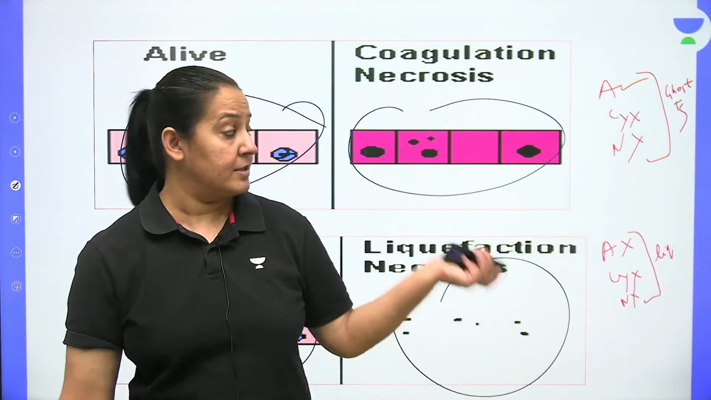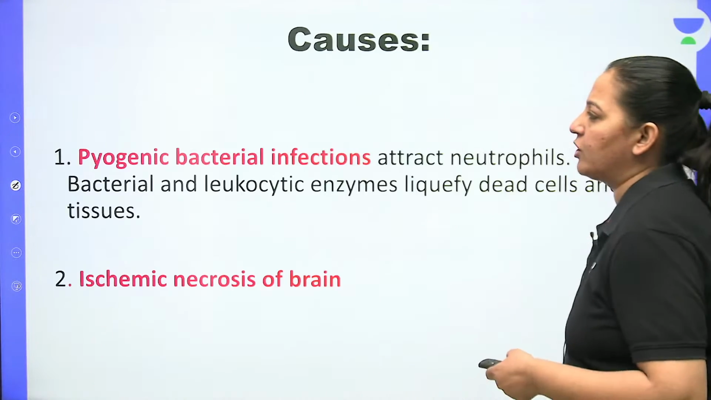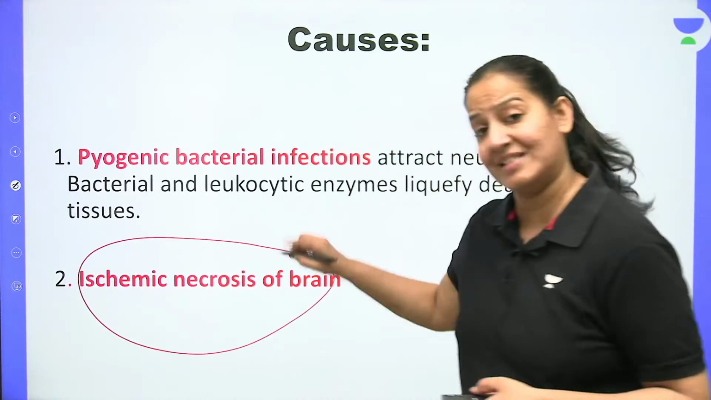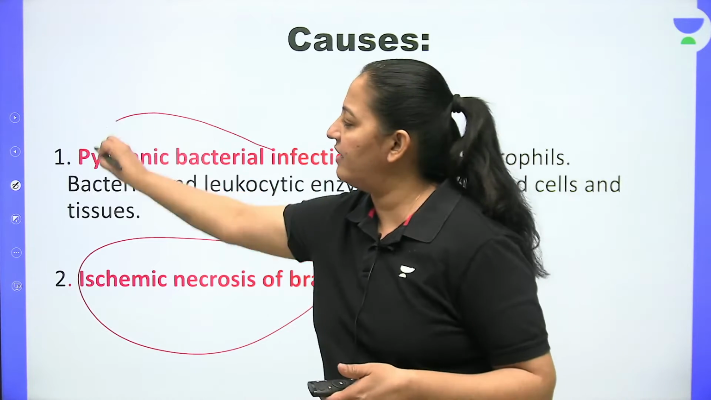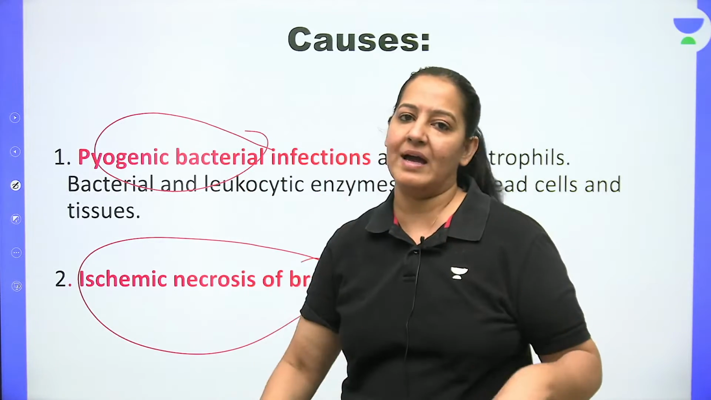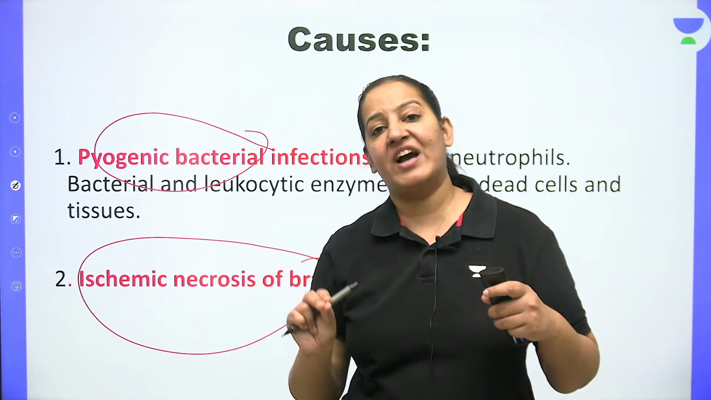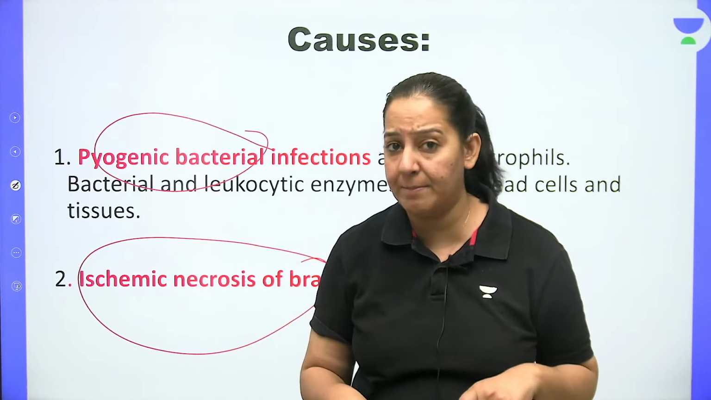See the details now. The diagrams are in front of you. So this is the definition. After the definition, come on to the causes. Cause is ischemia of brain, which was an exception there. So it is included here. Number one. And number two, pyogenic bacterial infection. You know bacteria can come in any part of the body and cause infection. So bacterial infection of any part of the human body can cause the death of that body part or cell